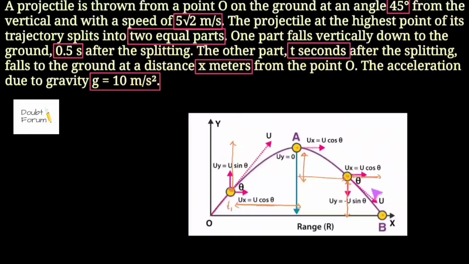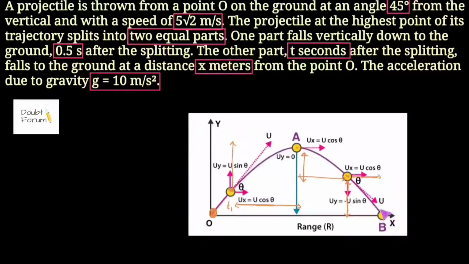Now during this projectile motion, we can see one thing. Suppose this is the initial point from where the projectile starts moving. From this point, as this projectile moves, its y component starts decreasing. Because the gravity acts in the vertical direction, so gravity will try to pull this object towards the ground. So due to which this object will slow down in the vertical direction. And when it reaches the highest point, the y component of the velocity at this point would be 0. And it starts accelerating towards the ground.